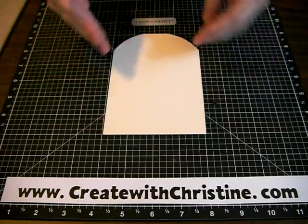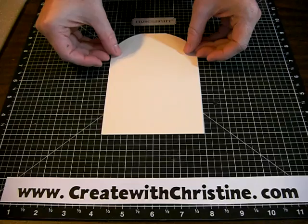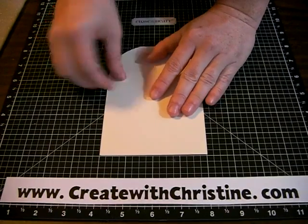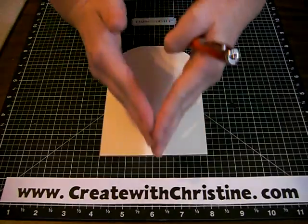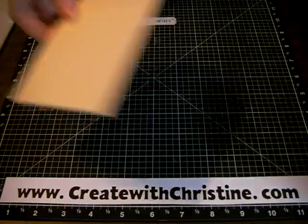Now we want to go ahead and cut our pizza into a wedge. To accomplish that, I'm just going to line it up on the Versamat, and we are going to make a mark at 2 inches. This mark is going to give us a line reference to make sure we get a nice even wedge. Grab your cutter